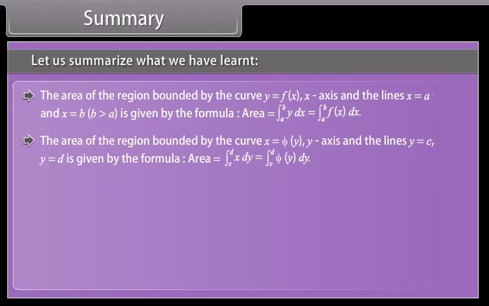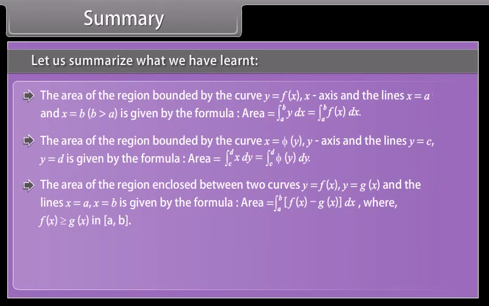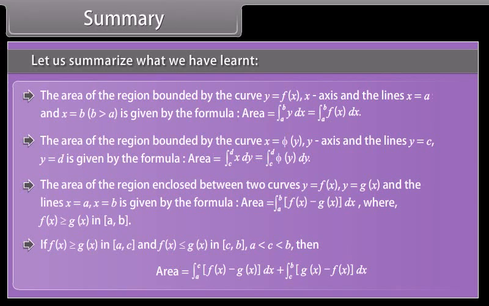The area of the region bound by the curve x is equal to phi of y, y-axis, and the lines y equals c, y equals d is given by the formula area is equal to integral from c to d of x with respect to y equals integral from c to d of phi of y with respect to y. The area of the region enclosed between two curves y is equal to f of x, y equals g of x, and the lines x is equal to a, x equals b is given by the formula given below. If f of x is greater than or equal to g of x in [a, c], and f of x is less than or equal to g of x in [c, b], a is less than c is less than b, then area can be formulated as